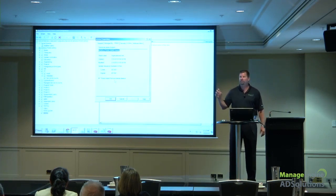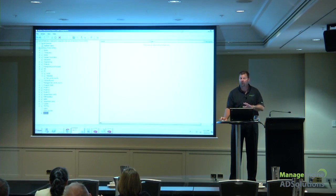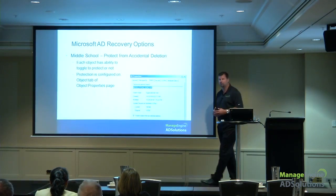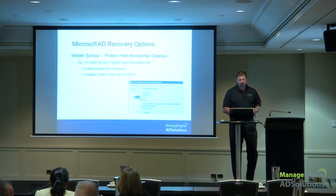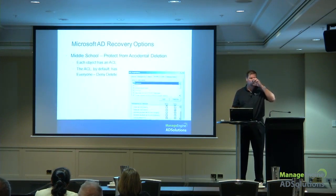This is the only way to delete it. Because if I don't get rid of this, or get rid of the permissions in place, it's not allowing me to remove it. Okay? So it's not an OK or cancel. I have to go in and make a configuration in order to do that. So this was Microsoft's attempt to help administrators avoid accidental deletions. They also, there's all the details of the permissions,